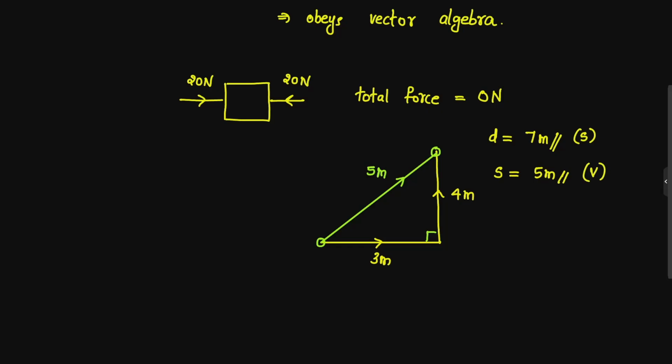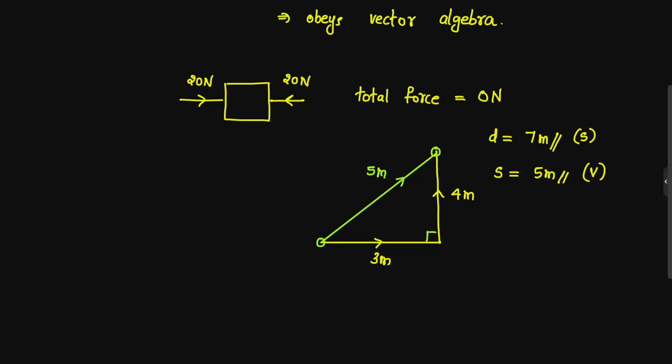Now my question, first one is logically possible. I give you 3, I give you 4. You add them 3 plus 4, you will get a 7. I give you 3, I give you 4. But now you are giving me an answer 5. How we can make 5 using 3 and 4? You can multiply them, you can divide them, you can add them, you can subtract them. Still you won't get 5. But here your answer is 5. Without knowingly, you applied a special type of mathematics here, and that mathematics is called vector algebra.